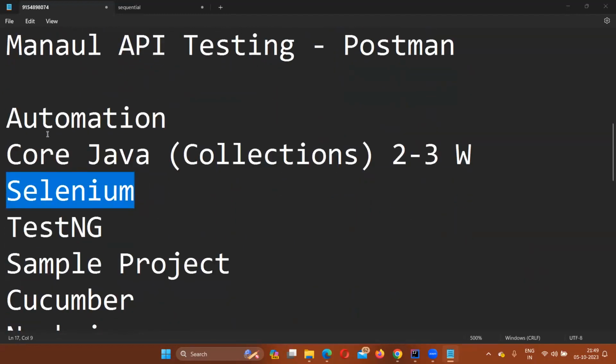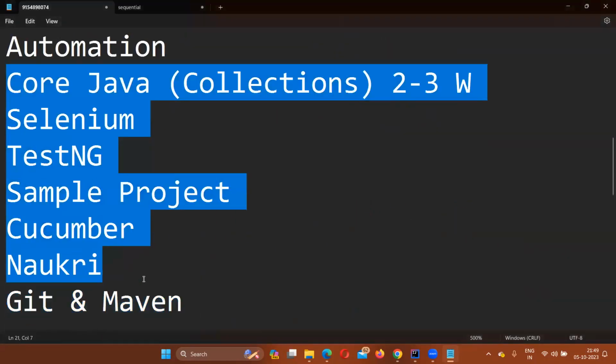See, automation will be covered in full. ऐसा नहीं है कि मैं 50% automation ही cover करूंगा. No, 50% manual, 50% automation, but that automation will be covered in full. ये पूरा cover होगा automation में तुम्हें. Whatever skill set is in demand in the market for an automation engineer. You can open Naukri, Monster, Shine, Indeed, LinkedIn. जो कुछ भी open करना है भाई, open करके check कर लो job portal में. These are the skill sets that are in demand in the market at the moment for an automation engineer. तो ये सब कुछ बोलेंगे हम लोग इस सेशन में.